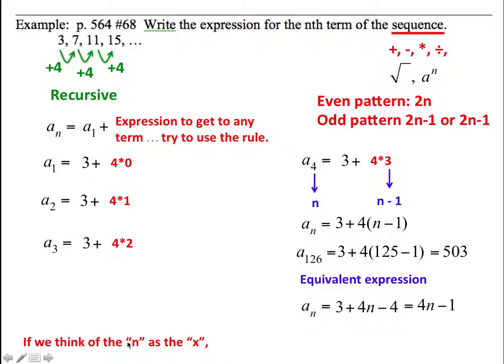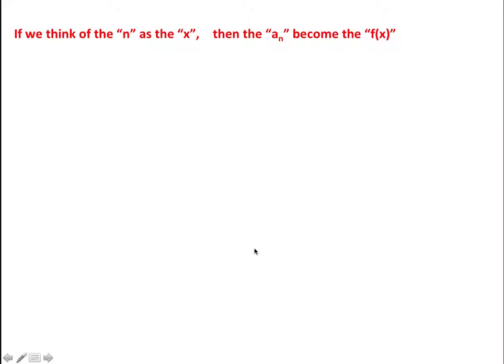So if we think of the n as the x in a function, then the a sub n becomes the f of x. So if we look at this expression here, and going back to graphing, if we just call this x, then this would be our function value f of x. And that kind of gets us then to how we evaluate